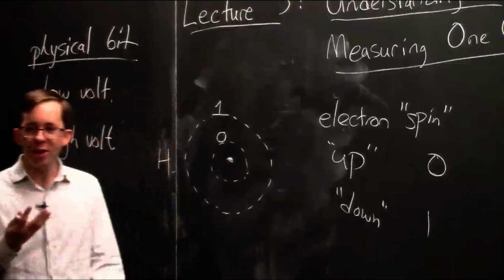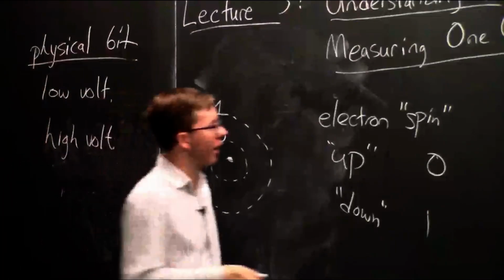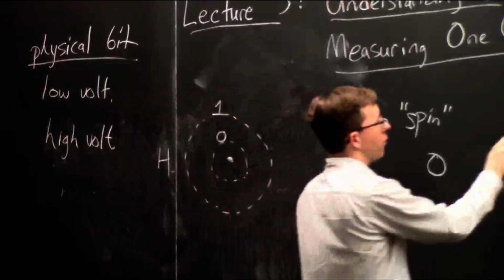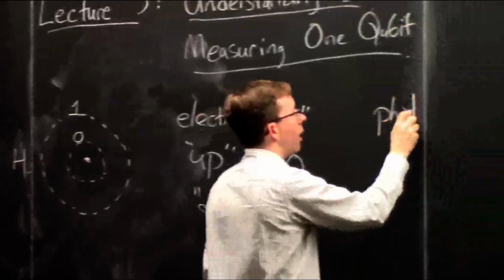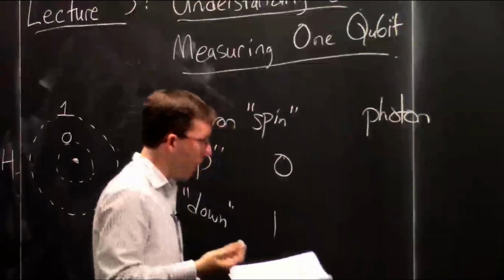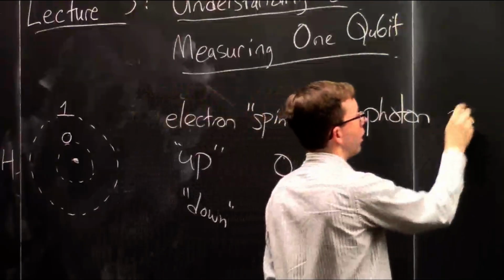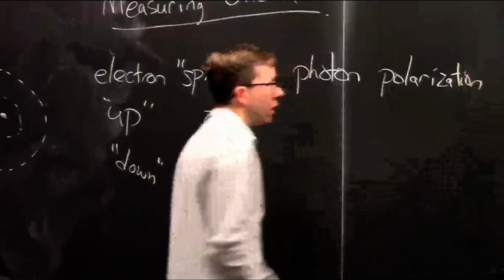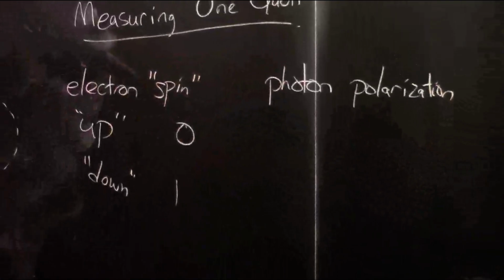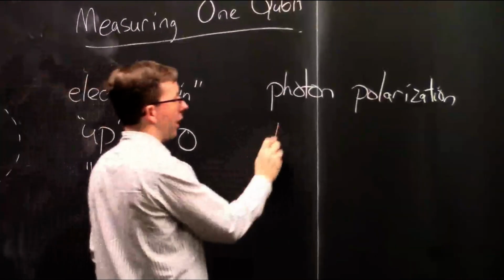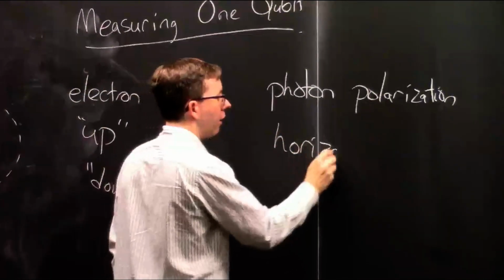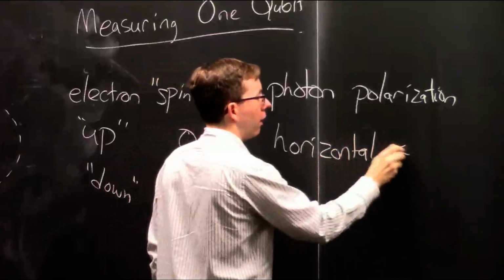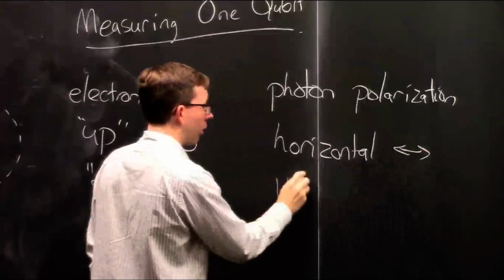There's one that I think you've genuinely heard of, which is the one I'll prefer to talk about actually. Let's say instead you have a photon. Photons have a property called polarization, or linear polarization. And you've actually probably interacted with this. So basically, a photon can be either horizontally polarized, just like this, or vertically polarized,